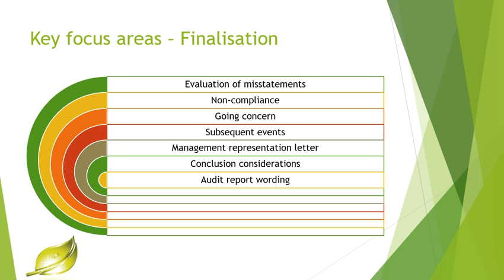Okay, let's think about going concern. Obviously, this was initially assessed at planning stage, but now the figures might have changed due to audit adjustments that the client passed. How do the ratios look now? Have you looked at the final analytical review? Did it show you anything new? Did anything change?